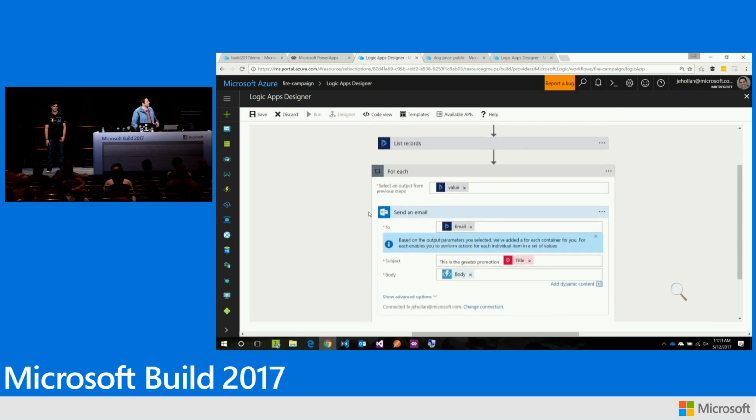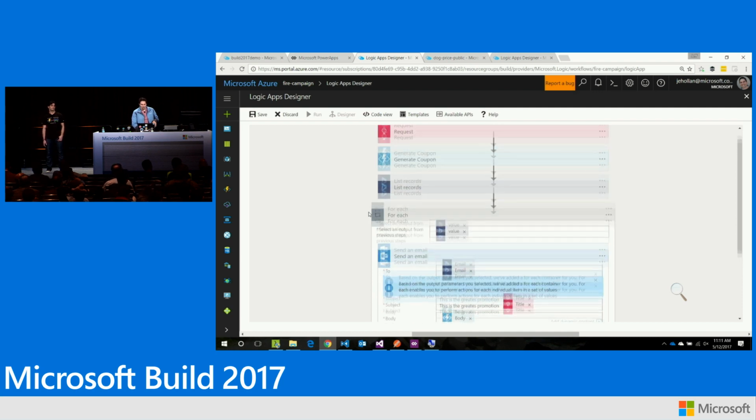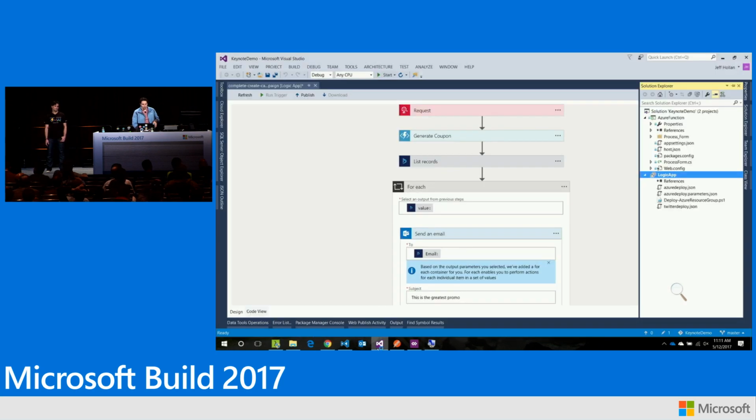So hopefully that just gives you a feel of the kind of environment that you can use to build these Azure Logic apps. I'll just show you quickly. I did this all in the portal, but I could have done this as well within Visual Studio. So you'll notice I'm actually showing the exact same Logic app here. I can even import a Logic app from the cloud and download it with this download button into Visual Studio.